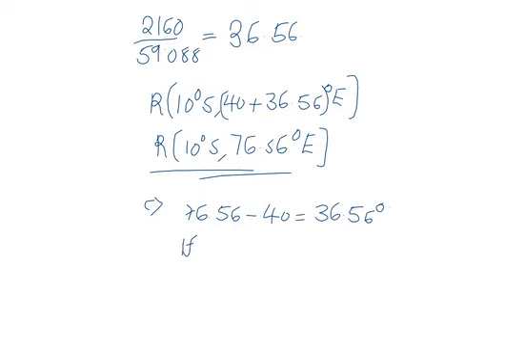So 1 degree longitude difference gives us a difference of 4 minutes. What about 36.56 degrees? We cross multiply and we'll have 36.56 multiplied by 4 divided by 1, which gives us